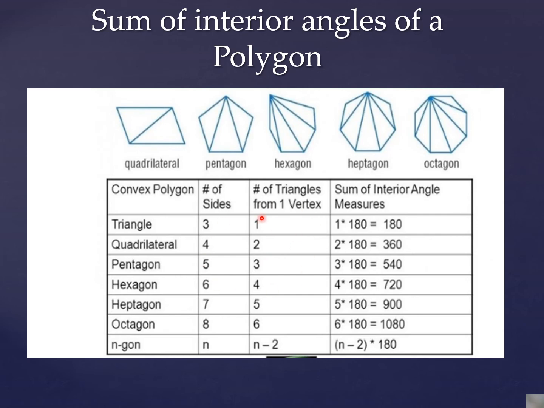So what relation can you identify here? That the number of triangles in a polygon is always 2 less than the number of sides. You can see in the case of a heptagon also. 7 is the number of sides, and 5 is the number of triangles, right? So this is a generalization that if a polygon has n sides, the number of triangles it will have is n minus 2. So n minus 2 into 180 degrees. So here we are coming to a formula that the sum of interior angles of a polygon is n minus 2 into 180 degrees.